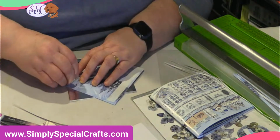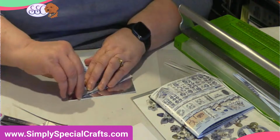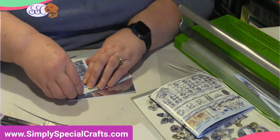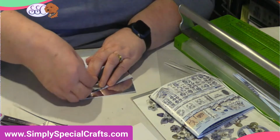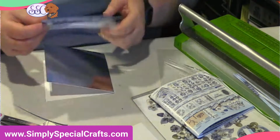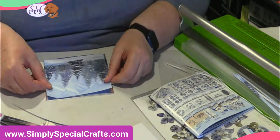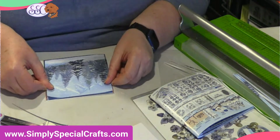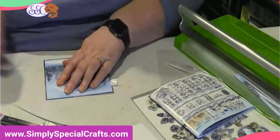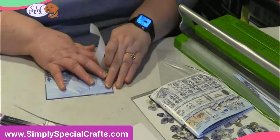Thank you, Catherine. It seemed like it was an appropriate day to wear snowflakes if I was going to make snowflake cards, which these are not going to be Christmas cards today. These are winter season cards. We just want to celebrate winter season. So use my tape flags to get my